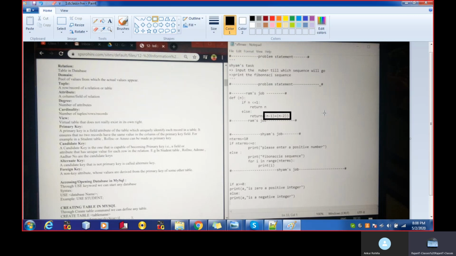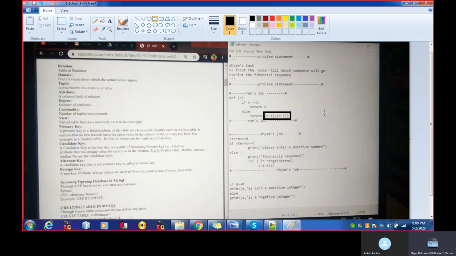This is known as a recursive function. You are calling a function within the function, right? And you don't know how this function is actually processing, and how this function is actually working. You don't know at all, right?